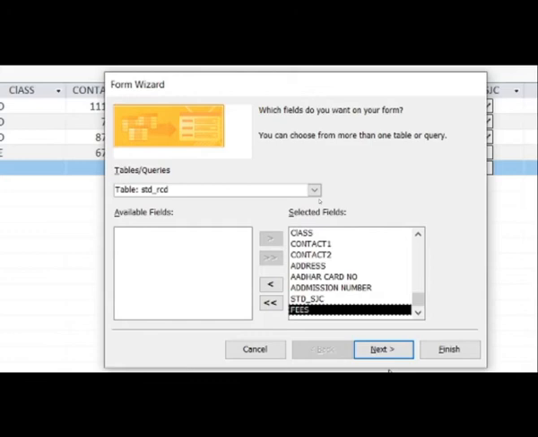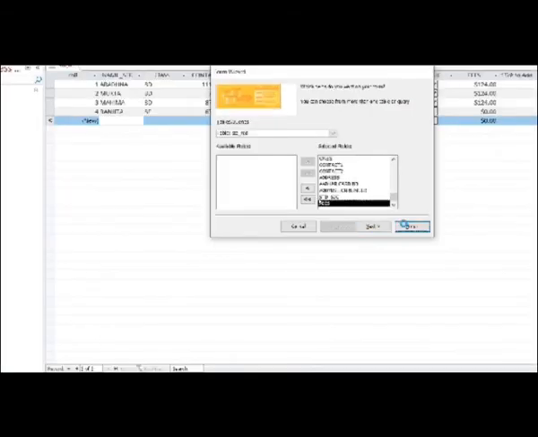If you want to move back, you will use the double headed arrow in the backward direction. You can see these angular symbols, one in the forward direction, one in the backward direction. So I want to insert all the headings and then click on finish.